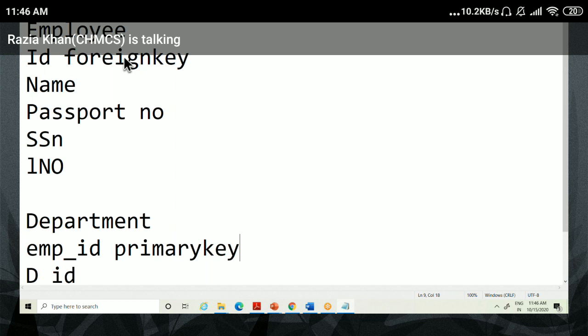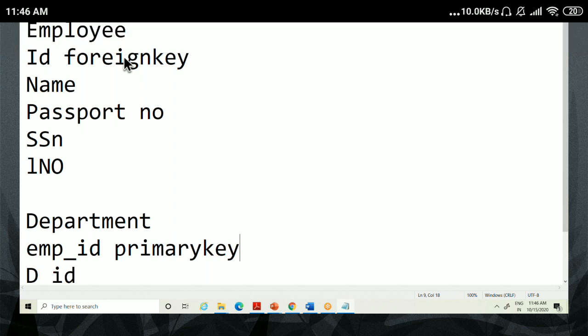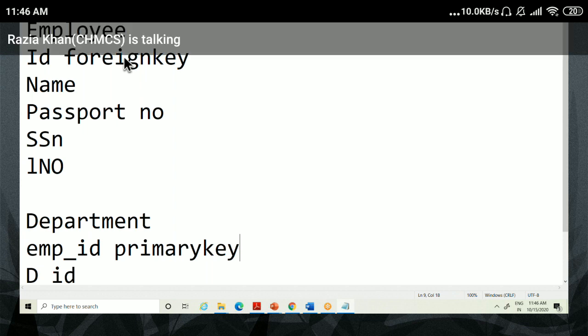Clear, students? Yes or no? Clear? So if you want to join two tables, you have to first create another table. If you want to relate the first table to the second table, you have to apply a primary key on the second table's first column, maybe ID, or any column you want.